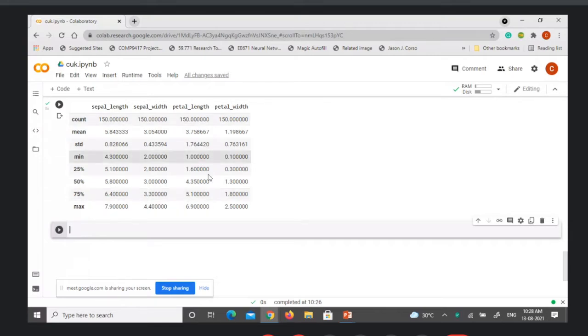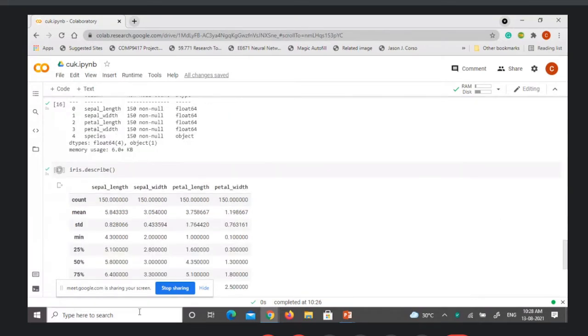This is how you will get the quartile information along with the standard deviation, mean, and the count. You will get this complete statistical information using the describe method.